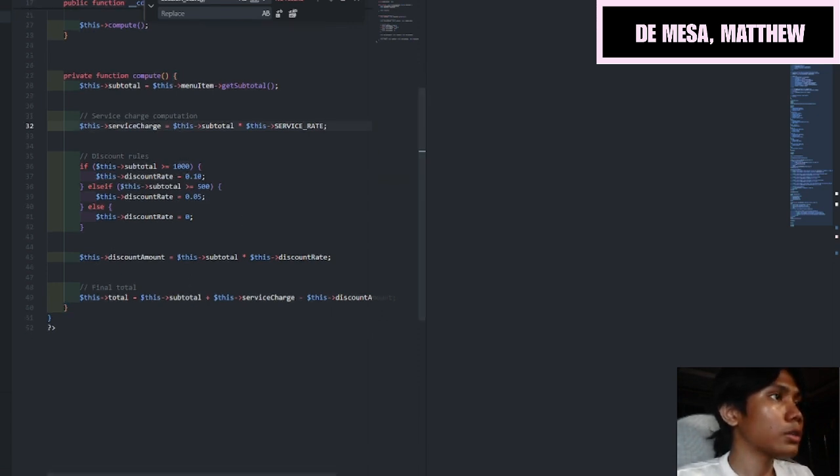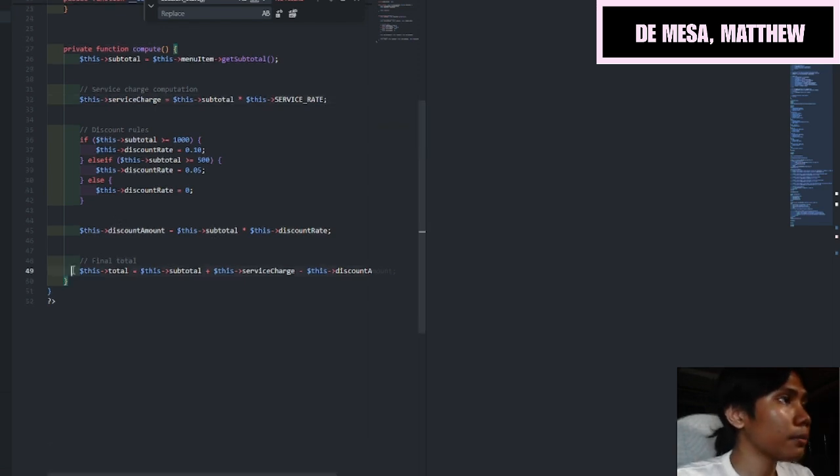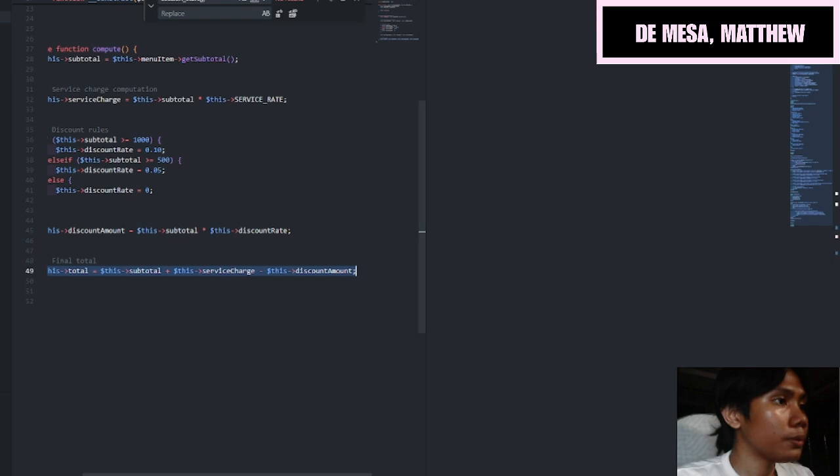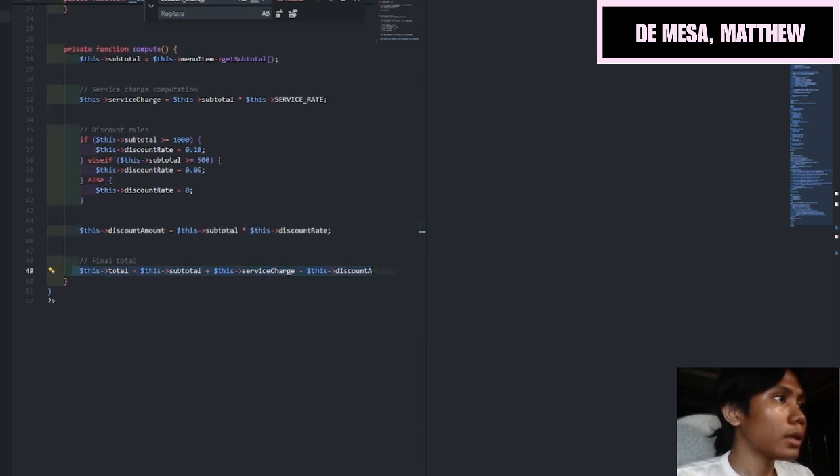If the subtotal is 1,000 or more, a 10% discount will be added. If the subtotal is 500 or more, a 5% discount will be added, and otherwise no discount. The discount amount multiplies the total amount by the discount rate to get the actual money discount. Finally, this line of code becomes the final amount for the customer to pay.